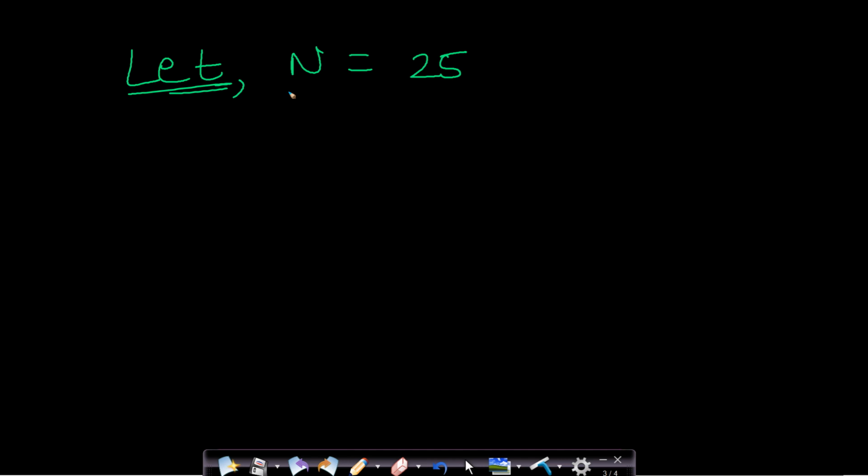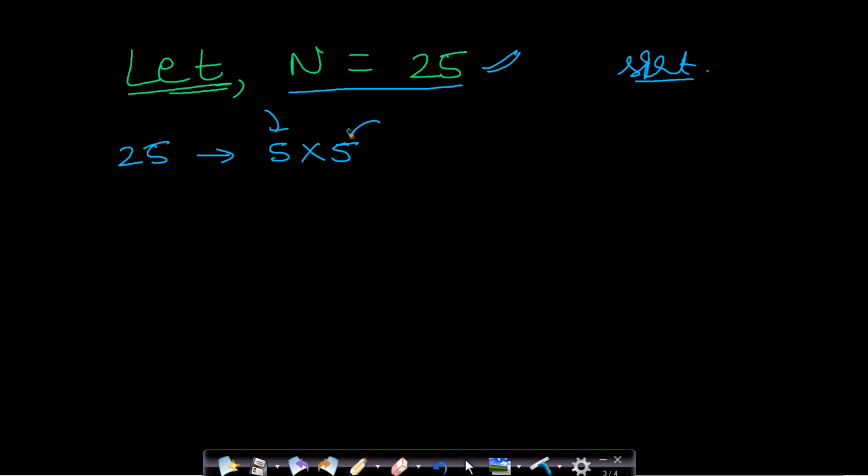So let us take n equals to 25. So how do you determine whether this 25 is a perfect square or not? Since you cannot use square root functions, what other methods do you have? Actually, you can take the prime factorization of this 25 and you will find that the factors are 5 into 5. So you can find all the prime factors and see by pairing them whether they are occurring in even number pairs. If you find that your prime factors are occurring in even number pairs, then this number will exactly be a perfect square.